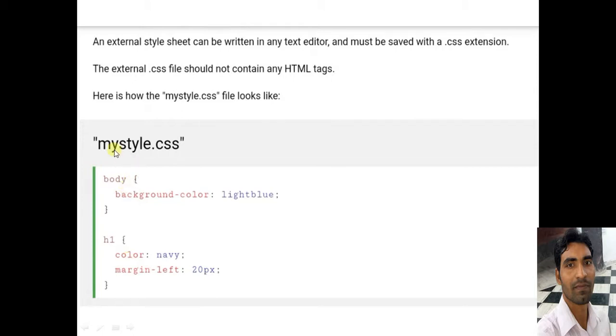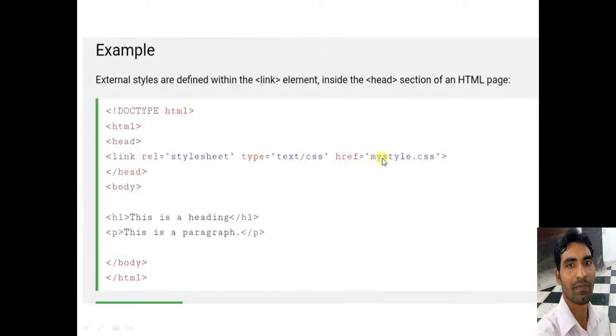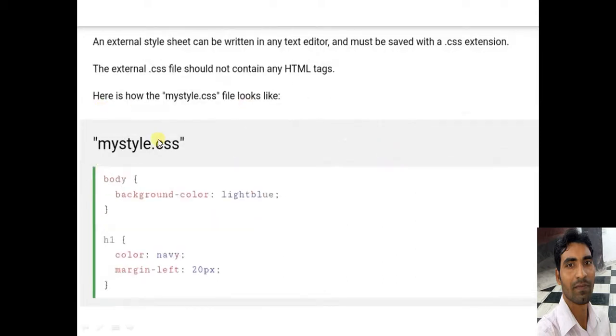Now that mystyle.css file was there, so how do we write in the CSS file? This is the mystyle.css file. In Notepad, what do we write? We write the elements of the HTML document, like the body element. How do we want to format the body element? We write the body element, then in curly braces we write the property and then its value, then a semicolon, and then we close the curly braces.